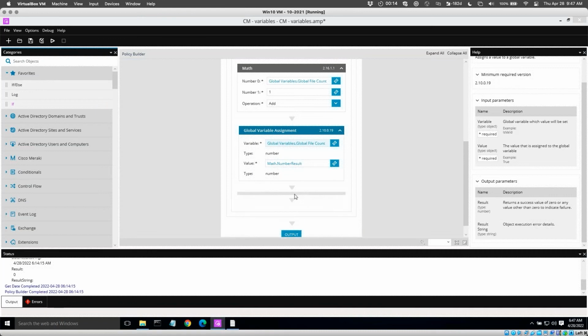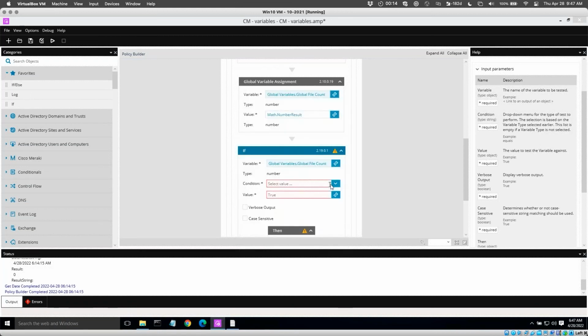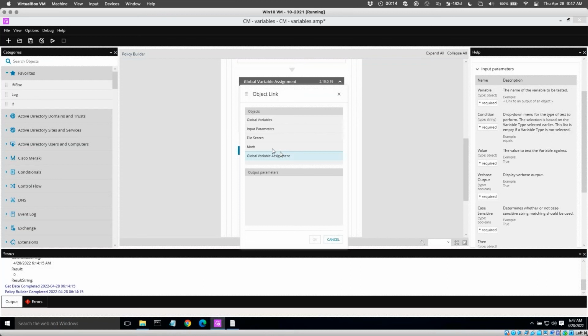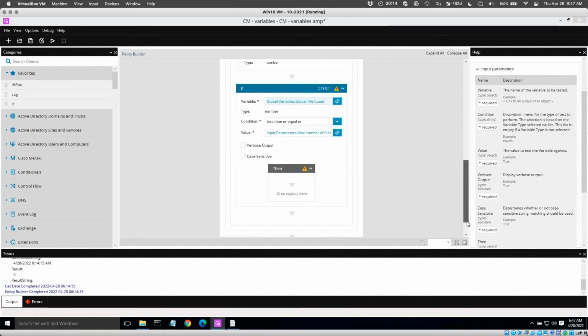So if my variable of file count is, let's say, less than or equal to, and then the input parameter that I've given as the max number of files that I want to operate on, then